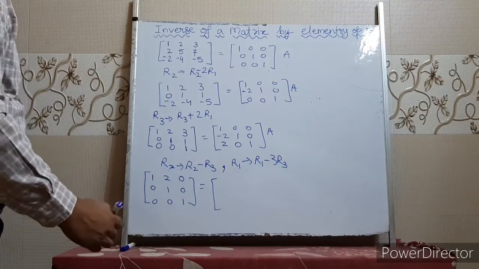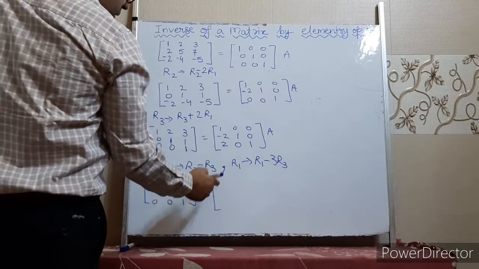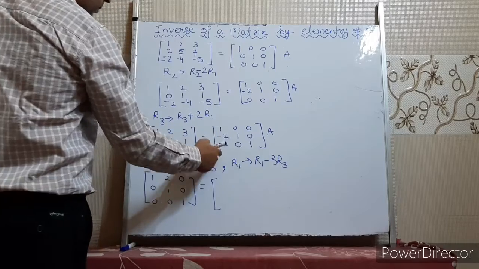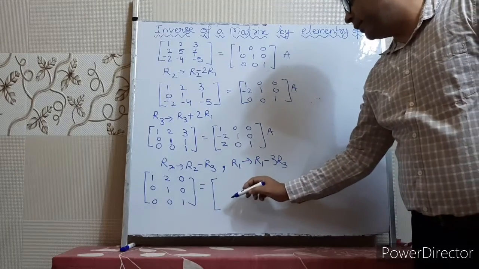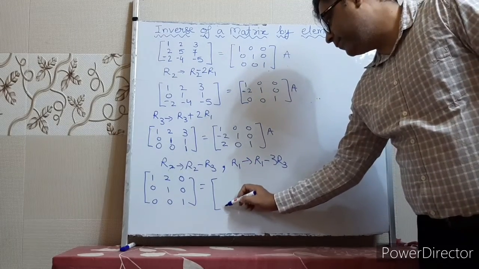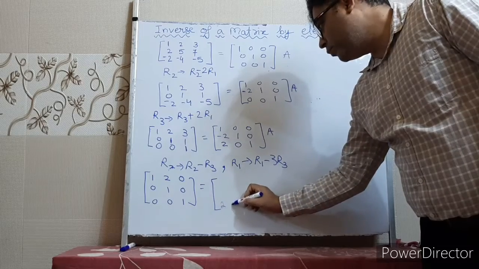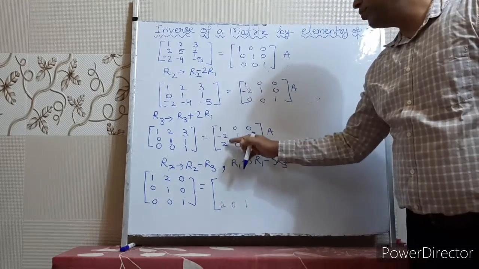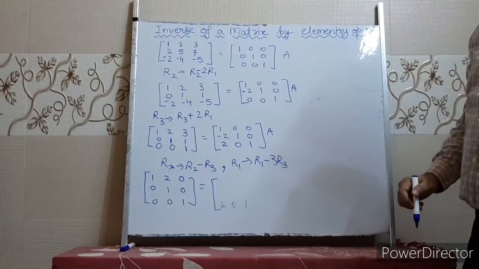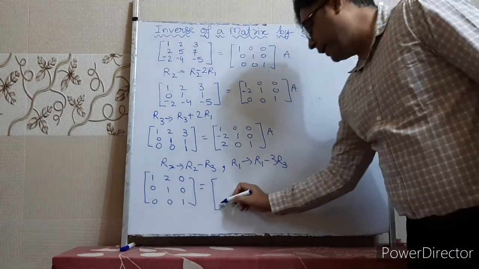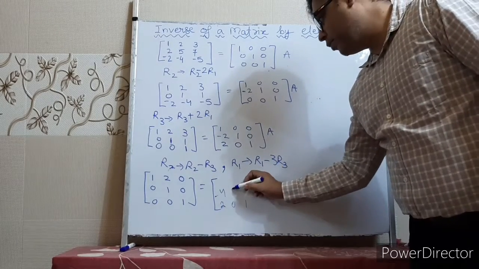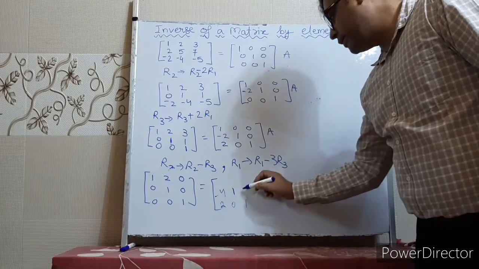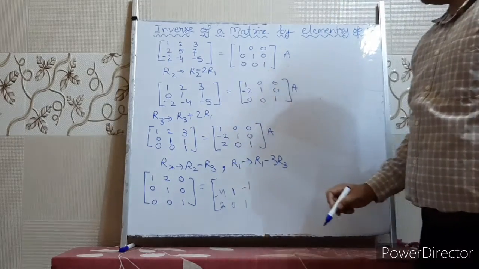Okay. Now when we apply the same operation in this matrix, let's see what will happen. What we are going to do first, R2 minus R3. So R3 will remain same, 2, 0, 1. When you subtract these two terms, what will you get? Minus 2, minus 2, 2. That will be minus 4. 1 minus 0, 1. And 1 minus 1, minus 1 we will get.